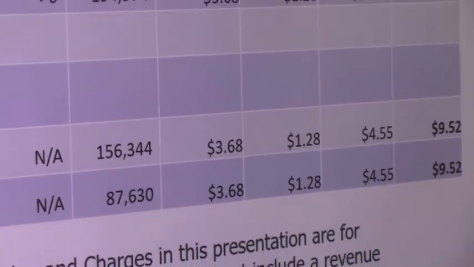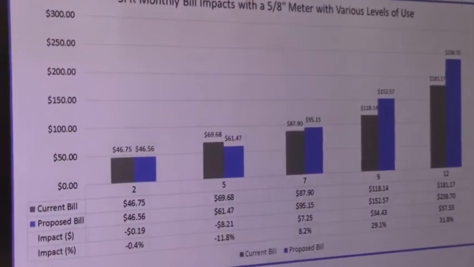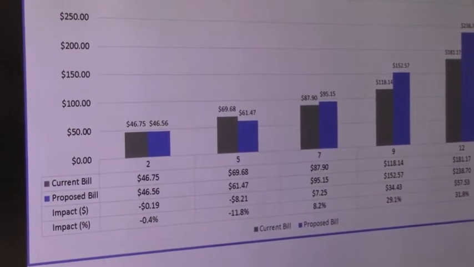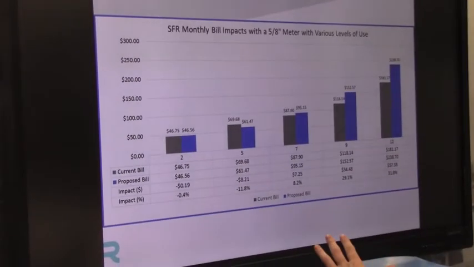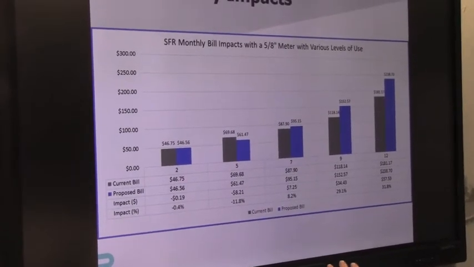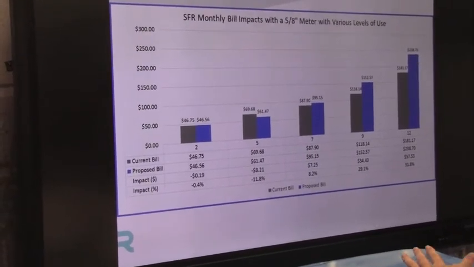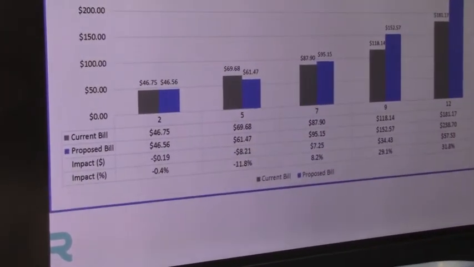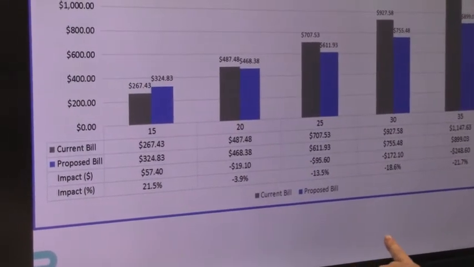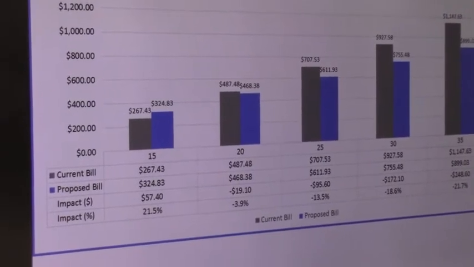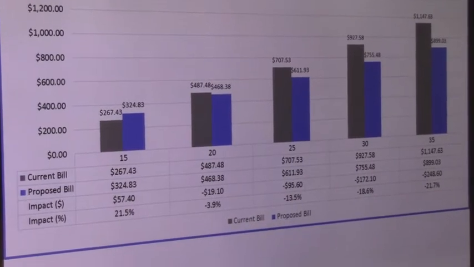Under our current rate plan, it's $10.40. So it's kind of like you said, it's all over the place. For a single family bill, at 2 units, you'd see the rates just about exactly where they are now. At 5 units, you'd see them a little bit lower. At 7 units, the proposed bill's a little higher. It gets a little higher for 9 and 12 units. But then, once you start getting up, like you said, to some of the larger water uses, then that starts to come down. Savings are significant.